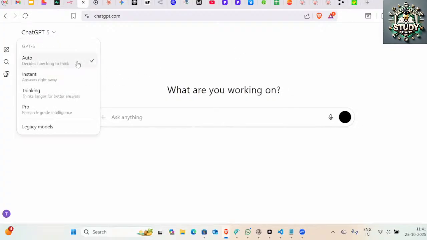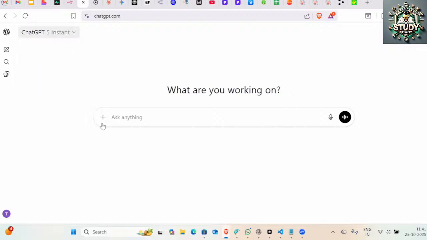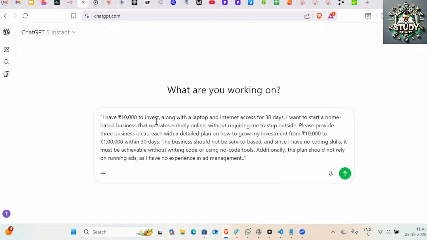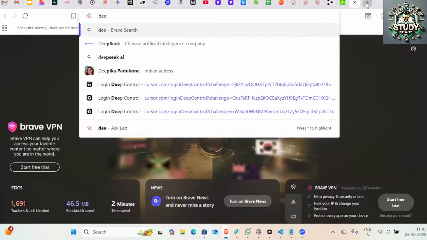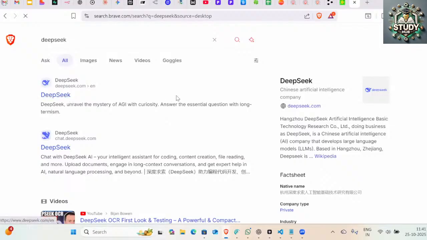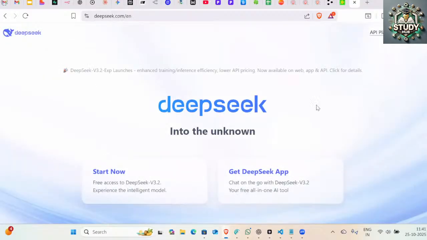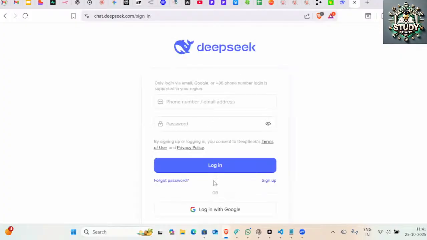And instant, right? I'll go into the instant mode. I don't want a thinking mode because I want you to compare the output when it comes to thinking versus non-thinking. A thinking model output, but yeah, let me open DeepSeek also, and I'll show you the reasoning model in DeepSeek as well. I think I have been logged out, so I can sign in.